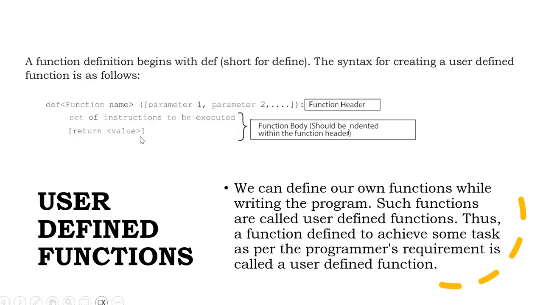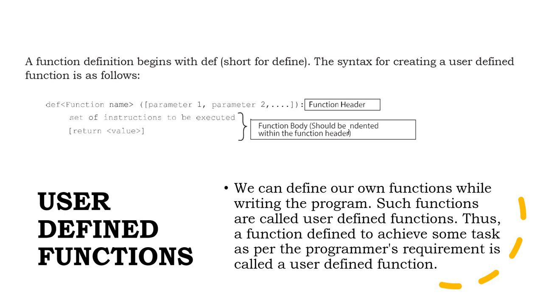Okay, and whatever you are writing as the implementation or body part of the function, that we know as function body. But you have to take care that proper indentation you have to follow for all the statements that you want to write for that function. For example, if you are going to write 3 lines for that function, those 3 lines will be at the same indentation. So that will specify that these 3 lines are associated with this function.